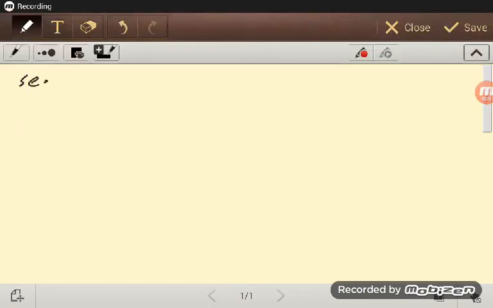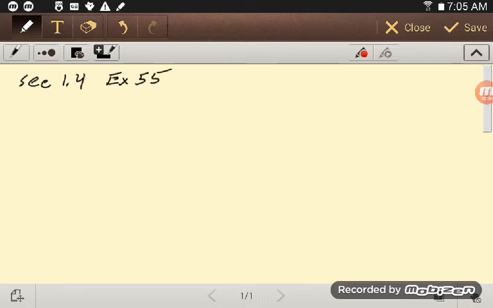Okay, here is section 1.4, exercise 55. And here we're looking at removable discontinuities and whether they're removable or not. And so we have the function f of x equals